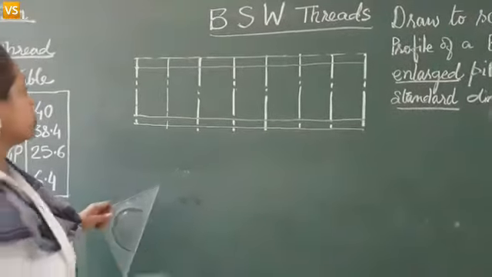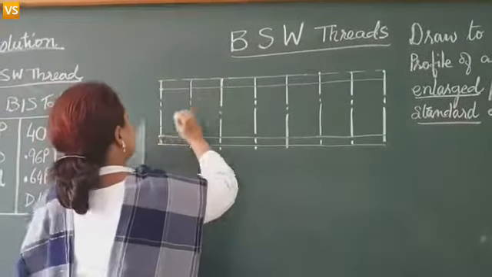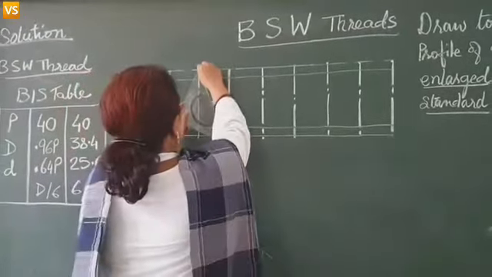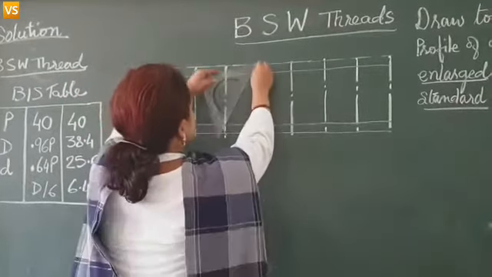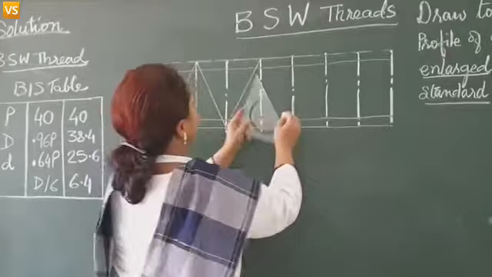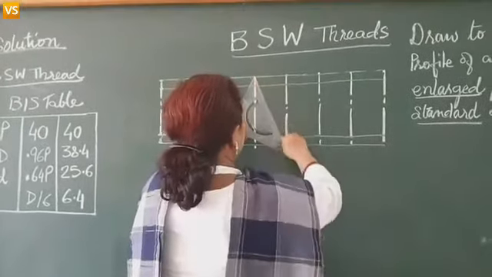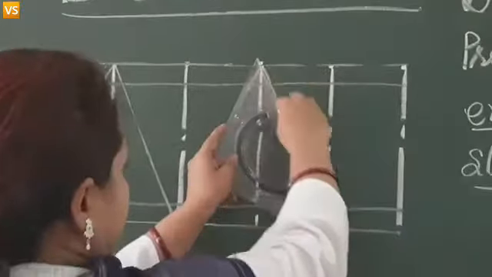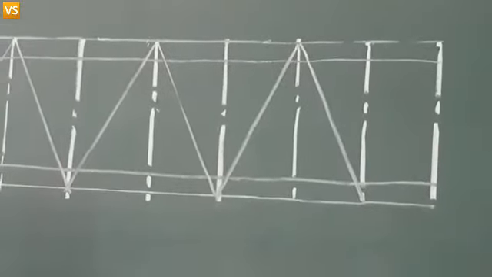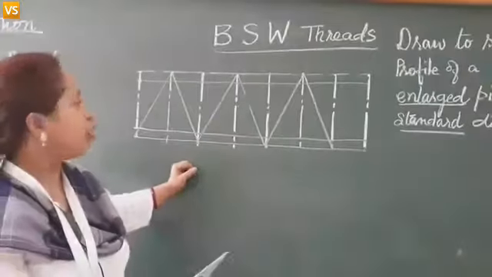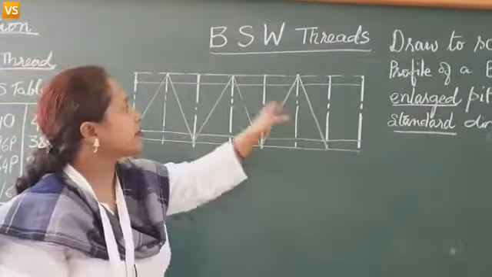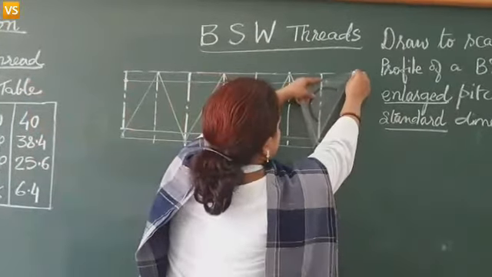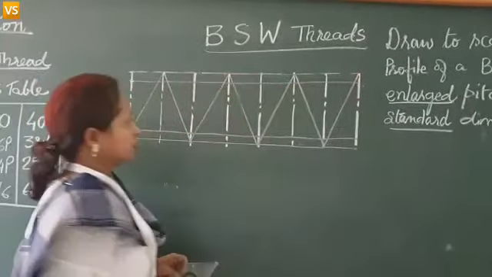Now, my next step will be to join them. See, again I am using thin faint continuous lines. You can see all these lines have to be thin, faint and continuous. If you make them dark, then you will need to rub them, and in the exam the better option is to make at least 3 crests. I am making this half also.